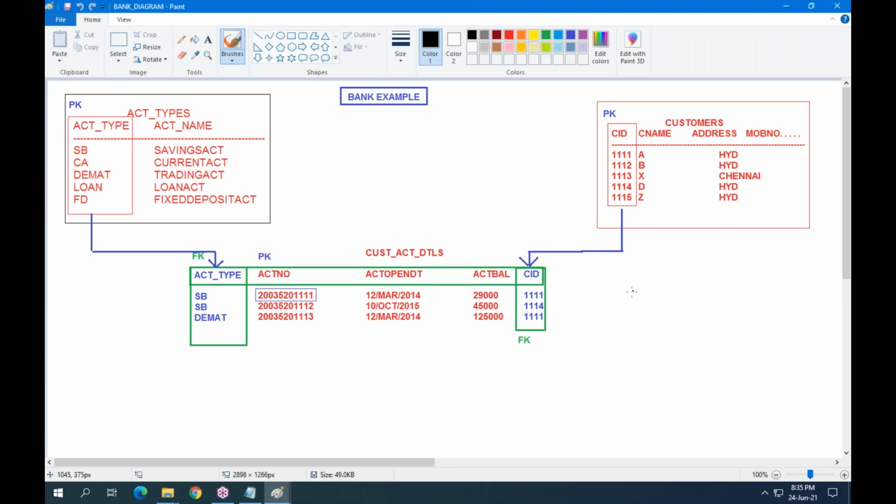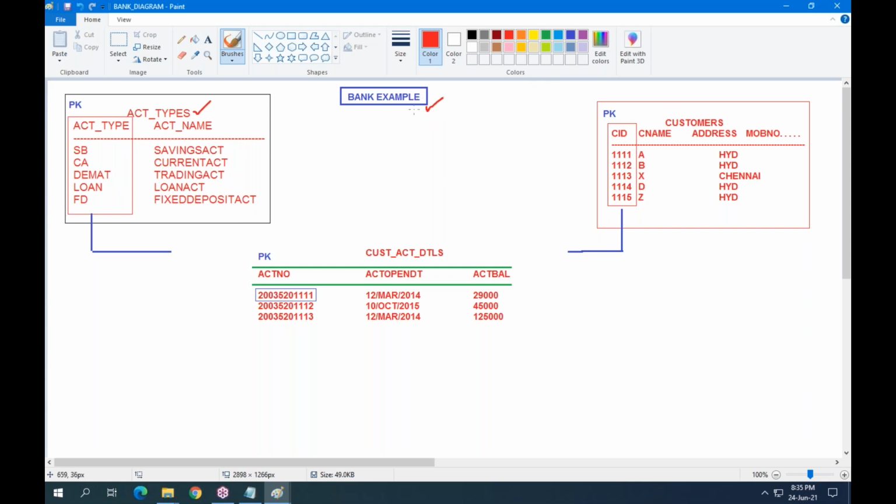Here, if you don't have a relation, what will happen? I just want to explain. I want to remove this, because you need some clarity. Let us say there is a bank. Bank is a business, offering different types of accounts: savings account, current account, trading account, and so on.